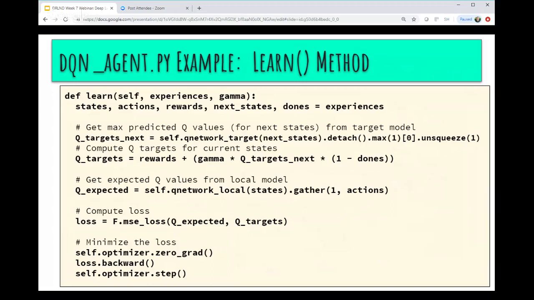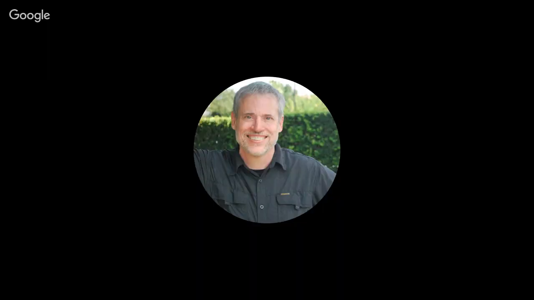And then we use the Bellman equation for the target estimate of what we think the Q value should be. And as you recall from the Bellman equation, that's basically the reward that the environment gave us, plus the discounted value of that Q target next state that we just obtained. And that is basically the best action we could take in that state. So I might mention that Q target's next, when we pulled that out,